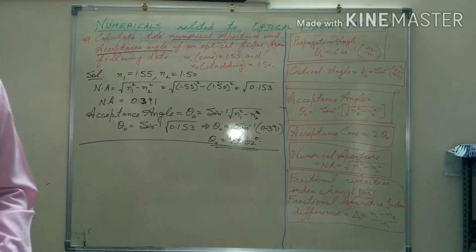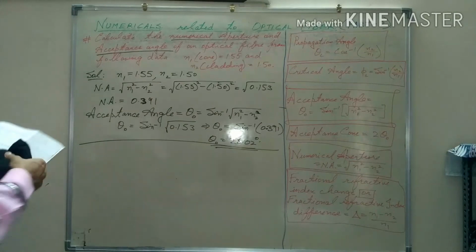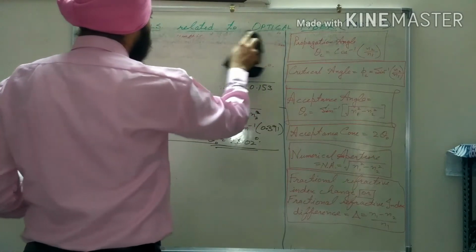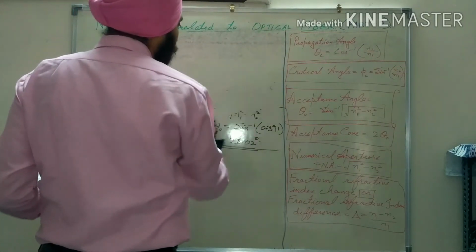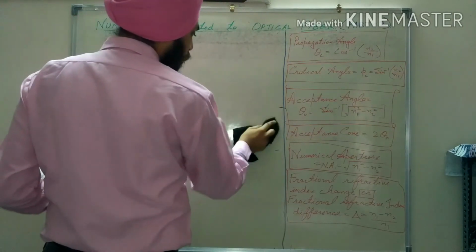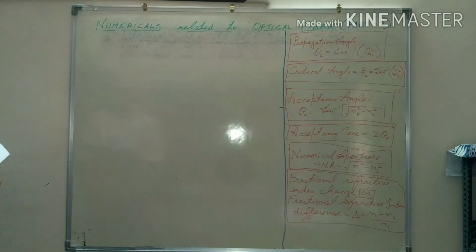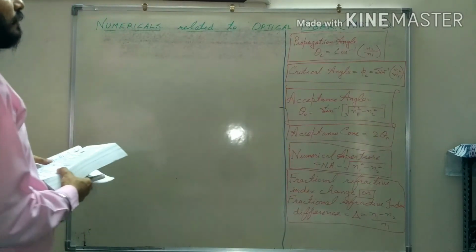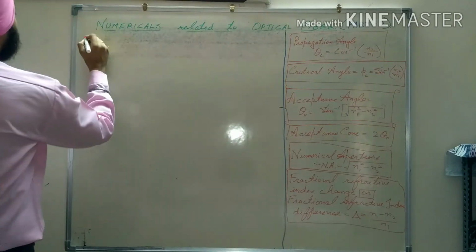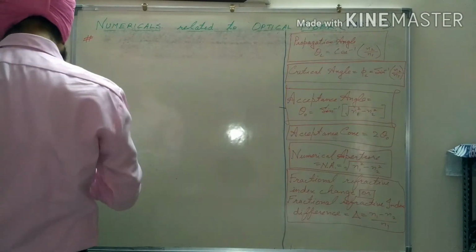Okay. Next numerical, that is a fiber cable. Numericals are important. Optical fiber is such an important chapter, and most numericals come from it because there are more formulas in this chapter. That is why numericals appear a number of times, and the majority of the paper's numericals are included from the optical fiber chapter. So the next numerical is a fiber cable.